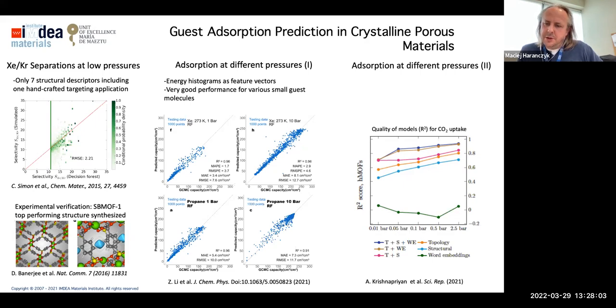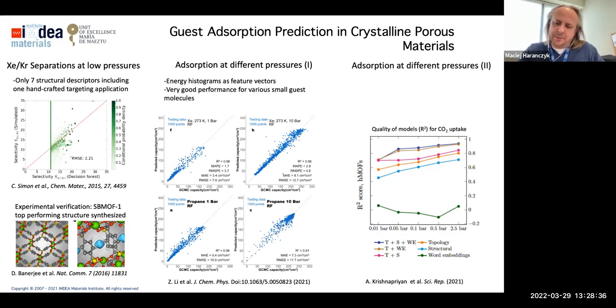We also have topological, structural, and porosity descriptors, and as you can see, models that combine more descriptors, the more information we have about the structures, allow us to build much better models. I think the conclusion is that for those simple kinds of adsorption and separation, we can build models for those families of materials pretty well with all the descriptors that we have. So I consider it a done